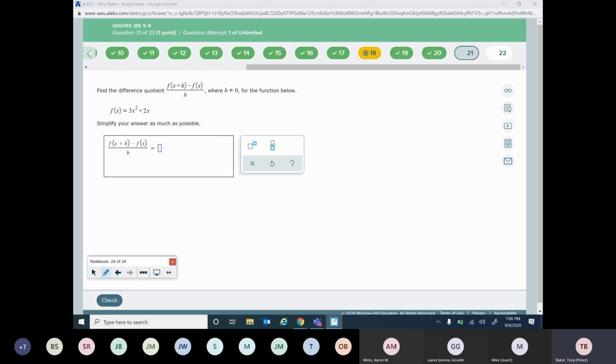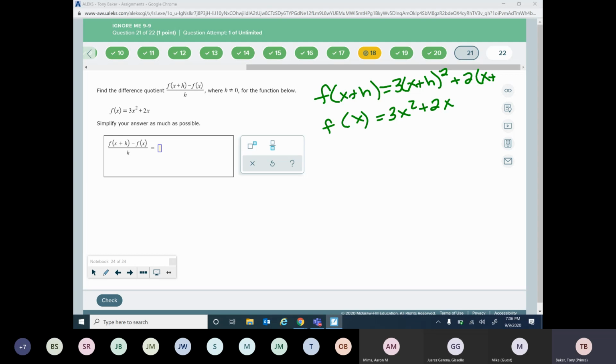So the first thing I have to do is plug in the f of x plus h. I know my f of x is 3x squared plus 2x. So now my f of x plus h is 3 times x plus h squared plus 2 times x plus h. So now I'm going to put all that together and subtract it on the bottom. So I'm going to have to FOIL this out. So I get